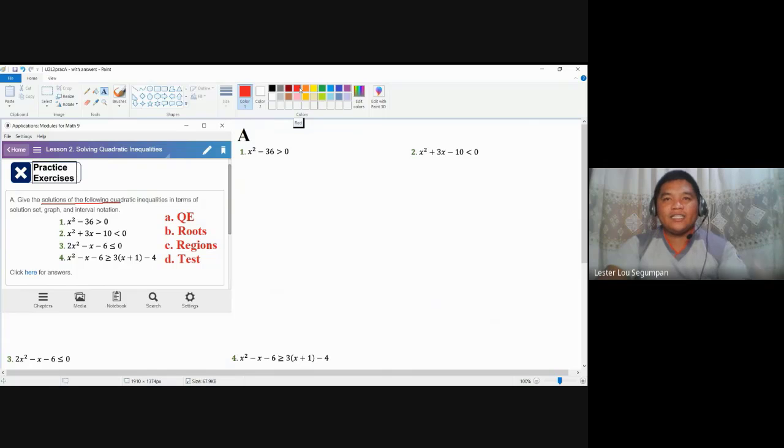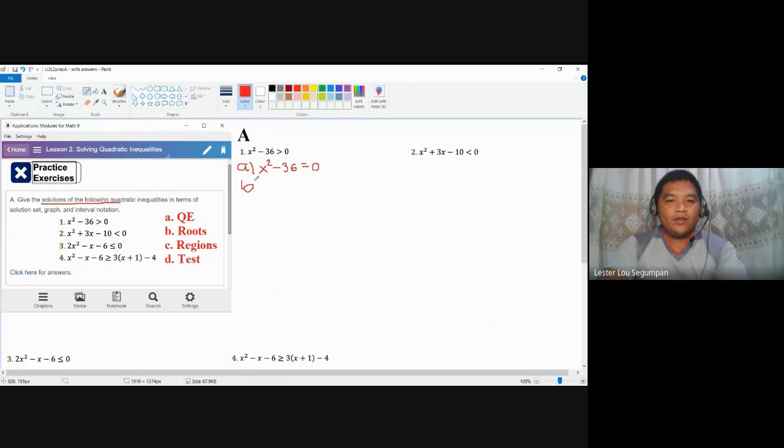It's not necessarily a quadratic equation, but an equivalent quadratic equation. The equivalent quadratic equation here is represented when we simply use the equality sign in place of the inequality sign. So we'll have x squared minus 36 equal to 0. Don't worry if we have disregarded the inequality sign. Later on, as we go to step D, we are going to reconsider the inequality sign.